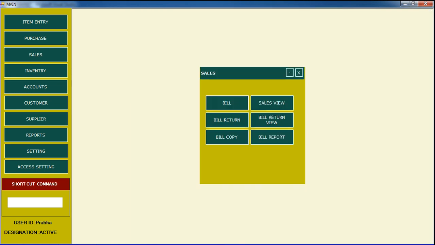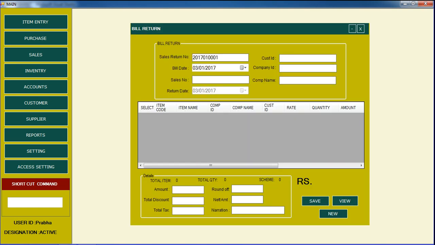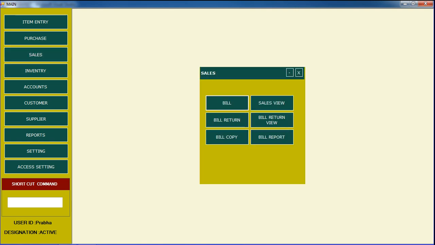We can bill, and bill return means some persons do not need this product, like that. If they say they want to return this one, it is entered here by using save and update. Then go to bill return.